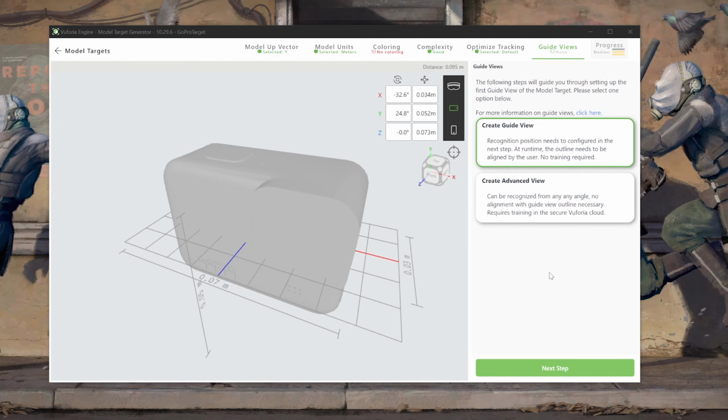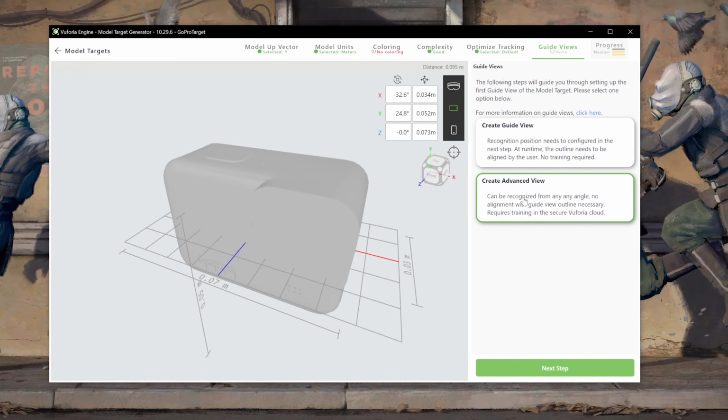Alright, now you'll have to make a decision. Your first option is to create guide views, wherein you can set the view of your models and click different pictures, and from that angle your object will be tracked. And the second option is to create an advanced view. Here you'll be using the model and training it so that the object can be tracked from all the angles. Now since I want the object to be tracked from all the angles, I'll be selecting the advanced view and